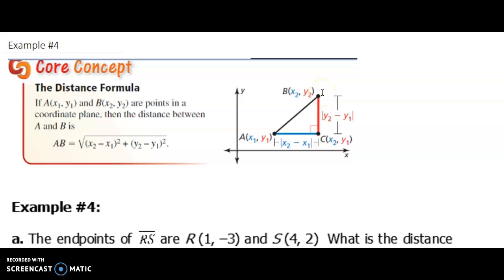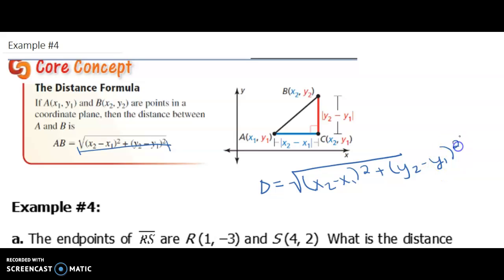All right, guys, here's the last example on section 1-3. This is example 4. And in these two problems, we're going to use the distance formula to find the distance between 2 points. So the distance formula is this long thing right here. So the distance between 2 points is the square root of x2 minus x1 squared plus y2 minus